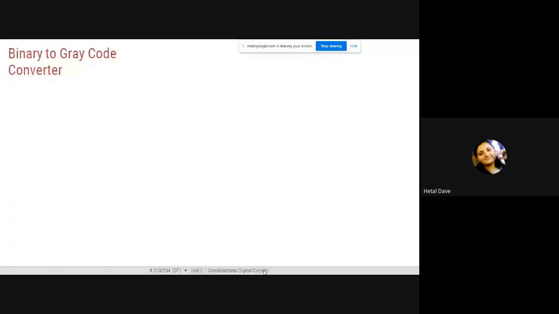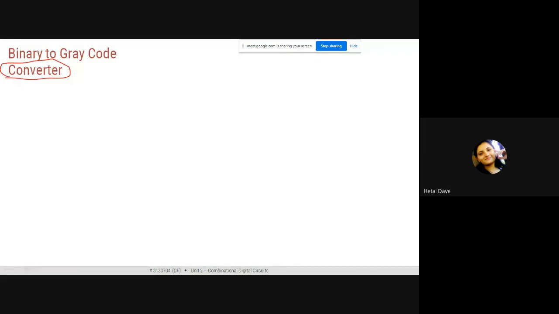Today we need to cover our last topic, that is code converter. Many circuits can be asked here: binary to gray, gray to binary, binary to XS3, BCD to XS3, XS3 to BCD. The steps remain the same. Here we are trying to cover two circuits: binary to gray and BCD to XS3. The name suggests our aim is to design a converter circuit. As I told you, here we try to cover the binary to gray code converter circuit.